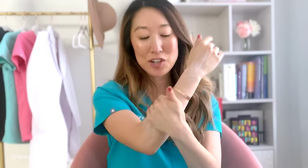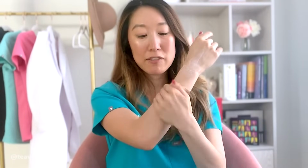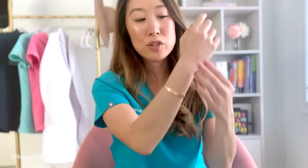So this product here, what I like about this is it is a hydrating cream that dries matte, and I'll show you how it looks. Just put a dollop here. It has this really thick, luxurious texture. I think this is wonderful for just hydrating for daily use. It doesn't really have a smell. No, it's not fragranced, but it does have a slight chemical residue smell, which some may prefer to an overly fragranced smell. So you can see it rubs in pretty easily,